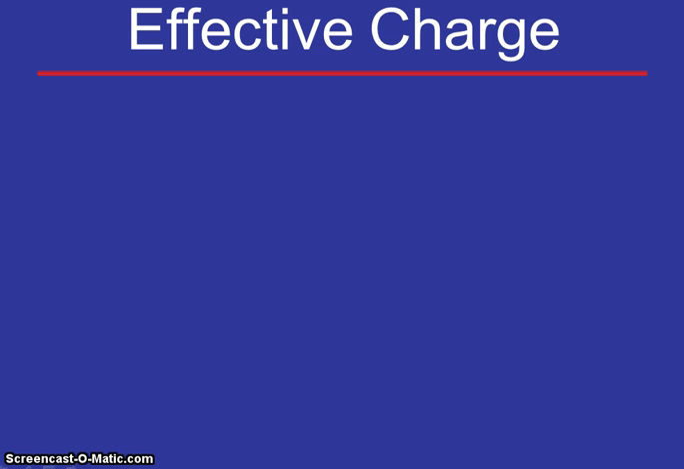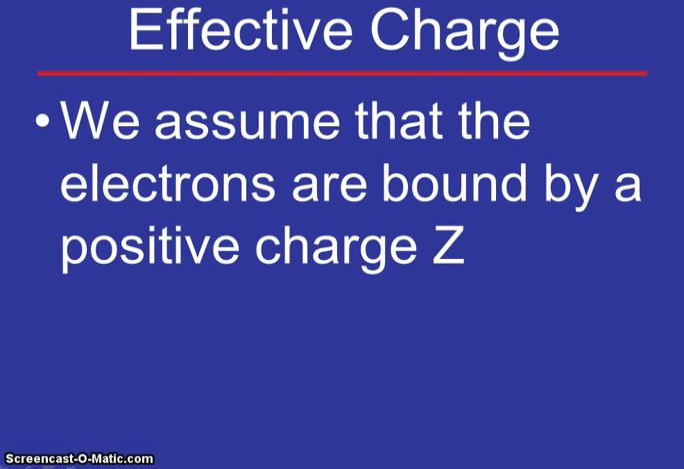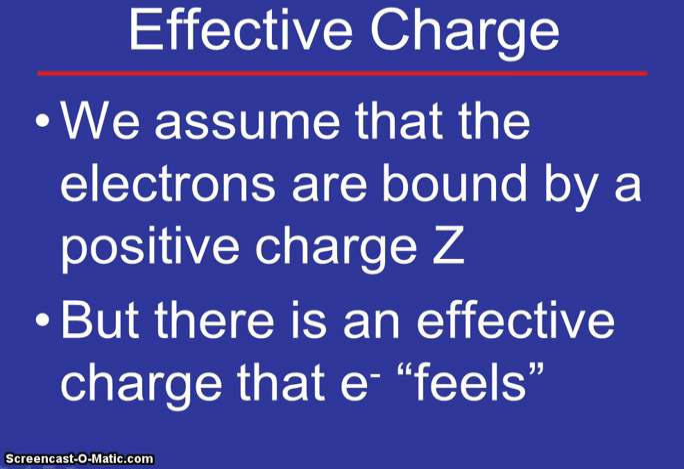Next, we want to deal with what's called our effective charge. When we talk about electrons, electrons are bound to the nucleus because the nucleus has a positive charge. And the positive charge in the nucleus is due to the number of protons that are in the nucleus, or the atomic number, which is our letter Z. So we assume that the electrons are bound by a positive charge, Z, or the number of protons that are in the nucleus. But there's an effective charge that the electrons feel, which is going to be less than the